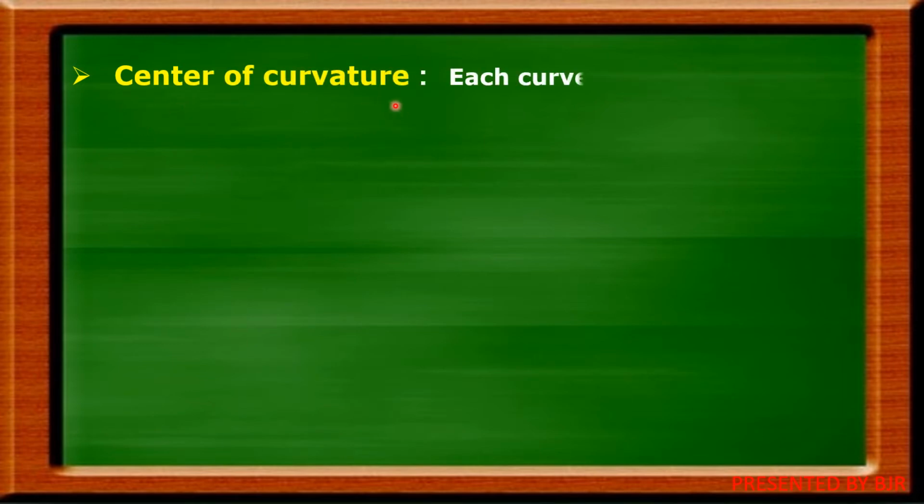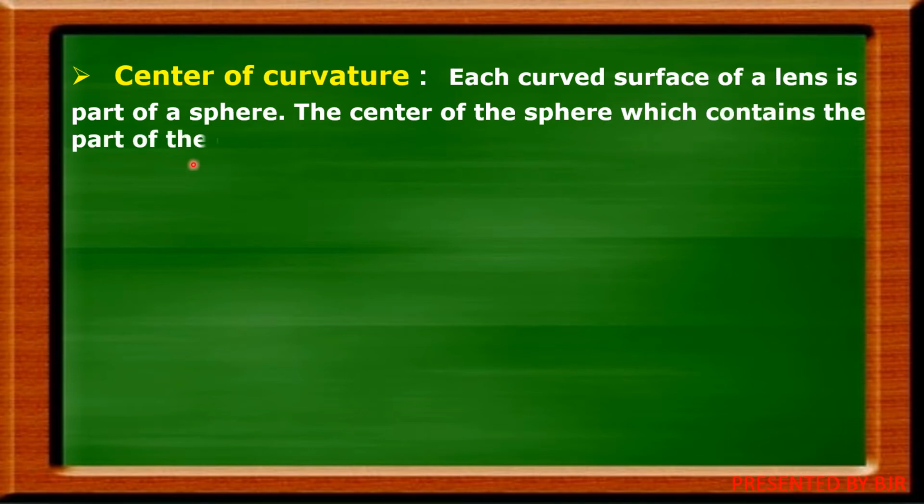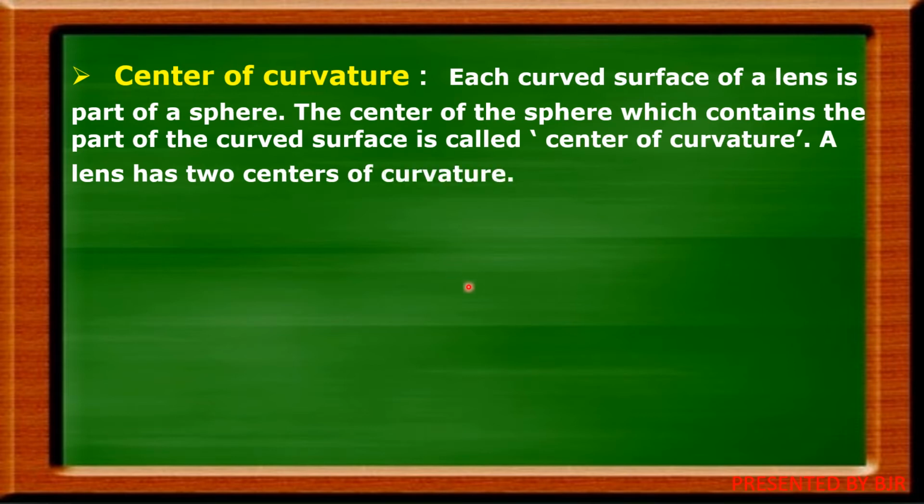The first one is the center of curvature. What is center of curvature? Here I am writing, each curved surface of a lens is part of a sphere. The center of the sphere, which contains the part of the curved surface, is called center of curvature. Okay, so a lens has two centers of curvature. See here,